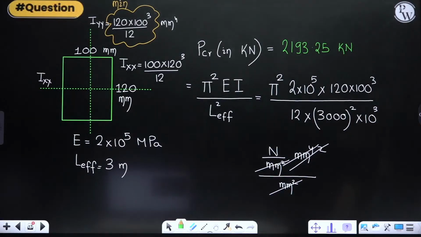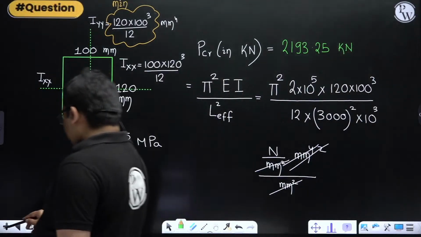So if they ask you for any cross section, just find out the I minimum, and then the rest is simple calculation. You should know how to find L effective. That is KL. I have already told K and all. Easy. Now, if you see a circular section,